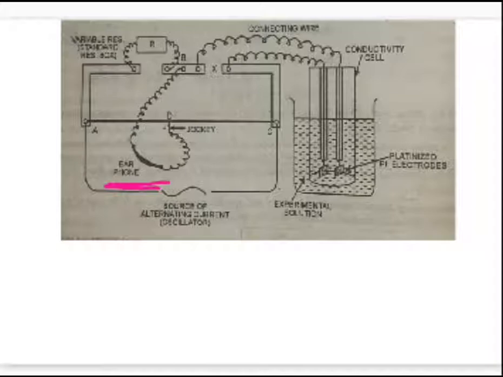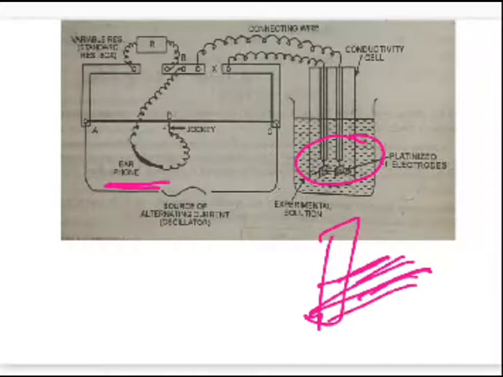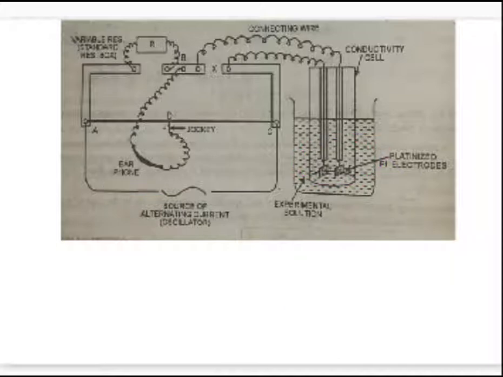The other thing we can do is to minimize the polarization effect. The electrodes which are taken, the platinum electrodes, need to be coated with platinum black. What do you mean by coating with platinum black? That is finely divided platinum. You can see the lower portion of these electrodes, right? So here finely divided platinum is deposited on these electrodes with the help of an electrolytic procedure, which helps to minimize the polarization effects as well. That means the concentration at the electrode surface is not going to change for that particular electrolytic solution whose value you need to find out.